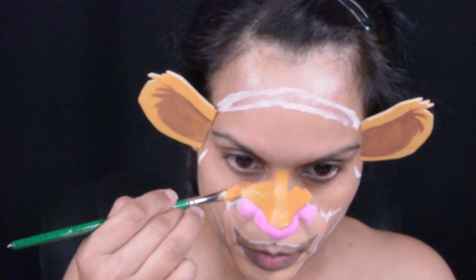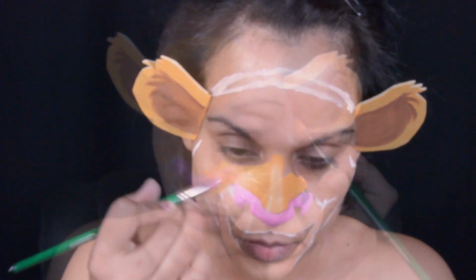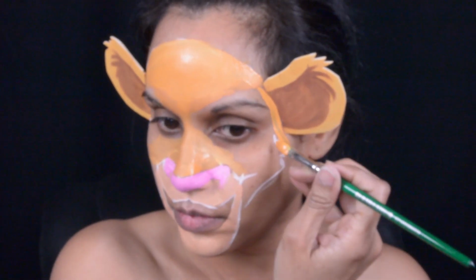So right here I am using an orange color called Tiger. I'm not sure if it's from